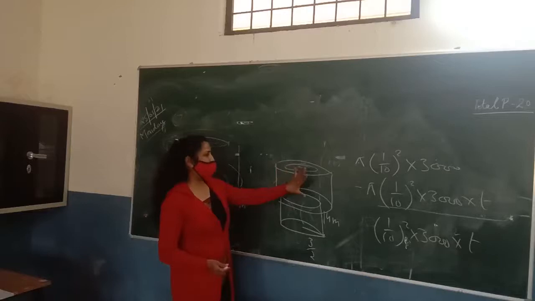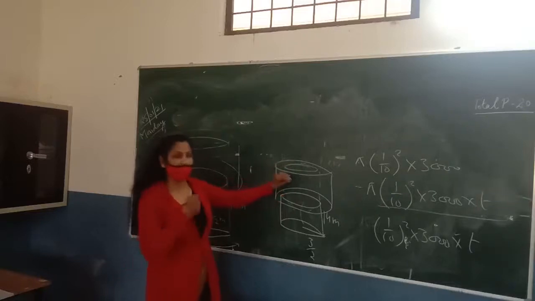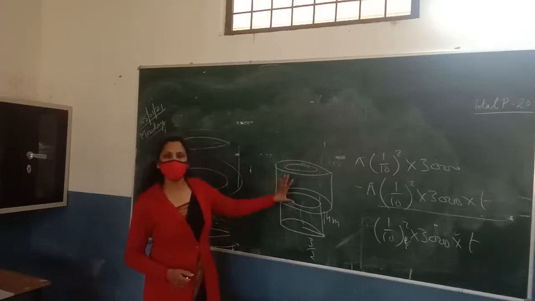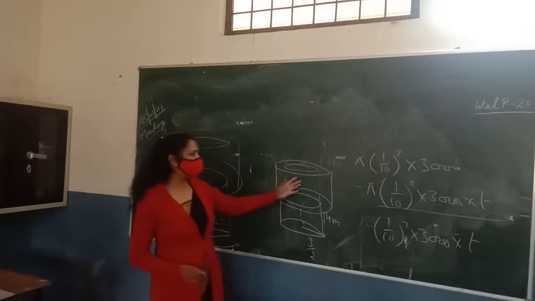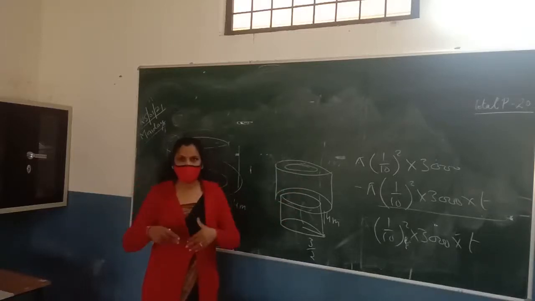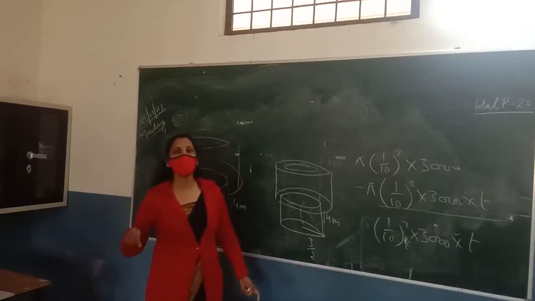So what should be the volume of this embankment? Indu, just try. What should be the volume of this embankment which is hollow? It is hollow. So what should be the volume of this one? Volume of cylinder minus volume of sphere. But this is not a sphere. This is also a cylinder. These are two cylinders. जैसे एक सिलेंडर के अंदर दूसरा सिलेंडर, दो सिलेंडर है ना, और आपको बीच का हिस्सा खाली है, तो जो बाउंड्री जहां पे है मिट्टी उसका वॉल्यूम कितना होना चाहिए?